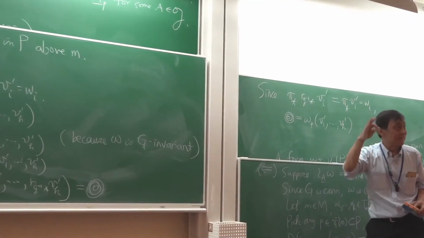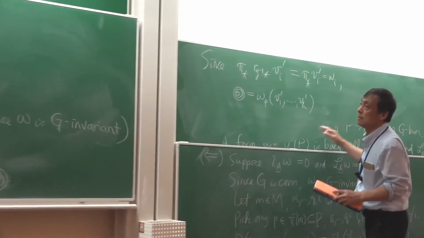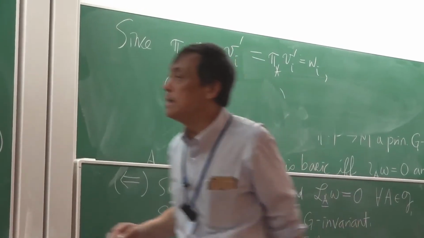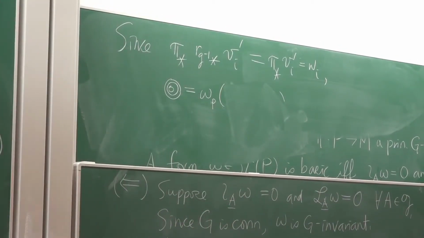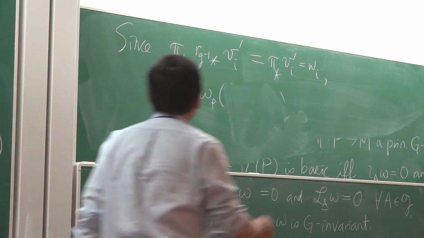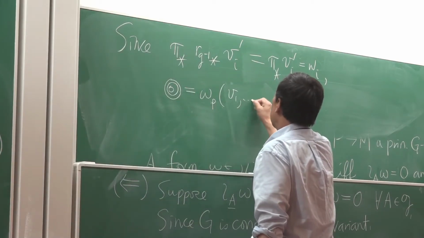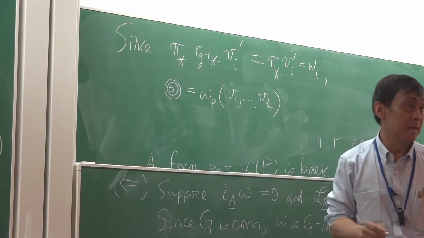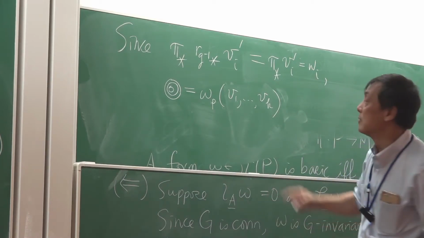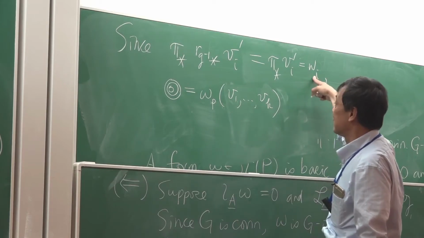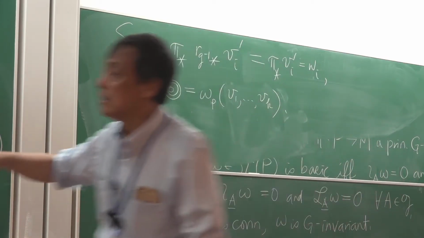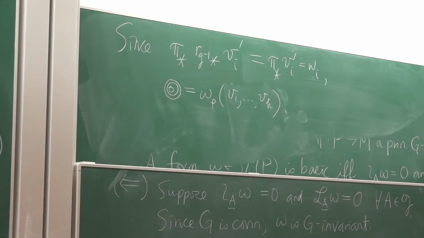Because those are also vectors that project down. Let me see. No. This is a P. So a P is V1 to Vk. Okay? Yeah. Since these are also vectors that project down to the W's. And yeah, so that says that